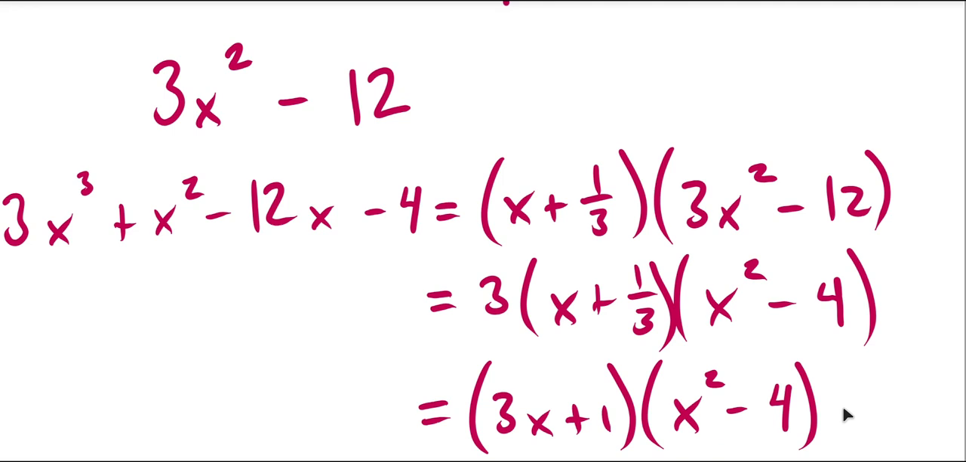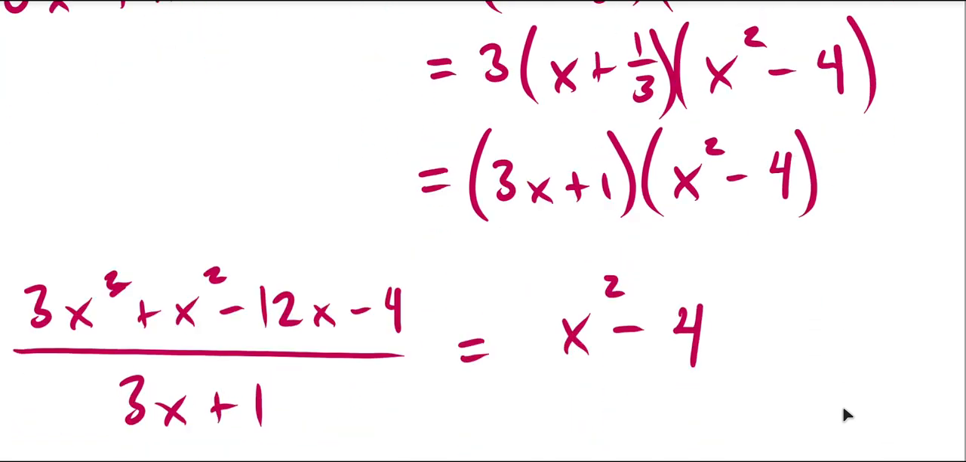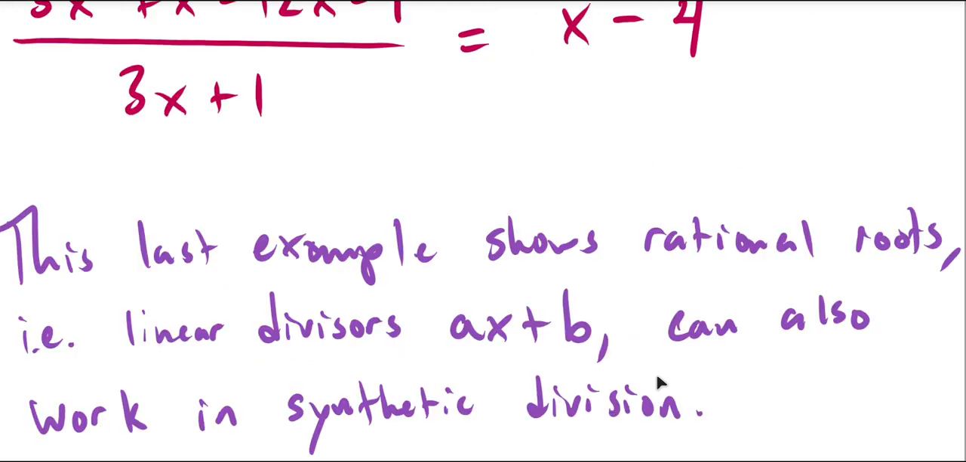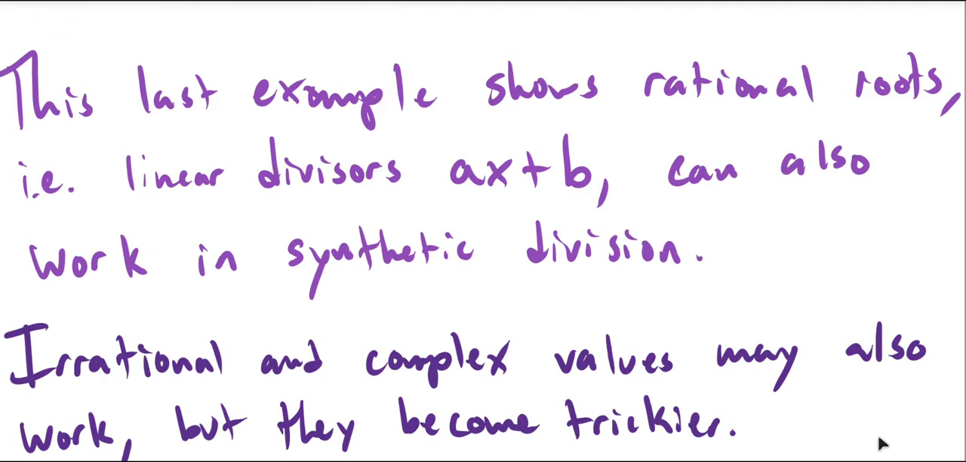X squared minus 4 is a difference of squares. We could factor that out if we wanted to, but if we're really just interested in writing this as a quotient, then this cubic divided by this factor gives us x squared minus 4. This last example shows that even rational roots can work in synthetic division as long as you're careful with your results in the end. You can even do it with irrational and complex values, but this can become a little